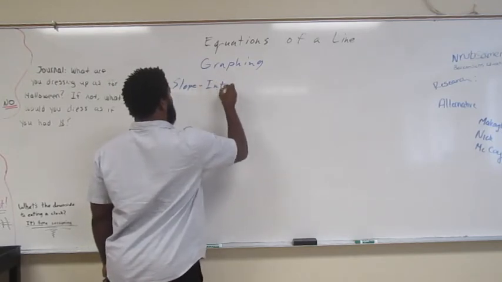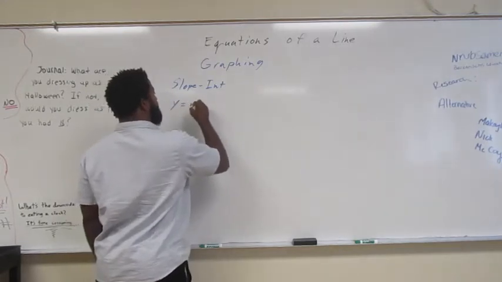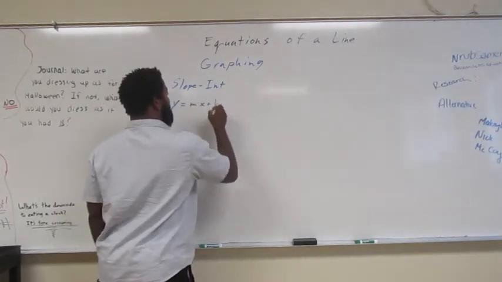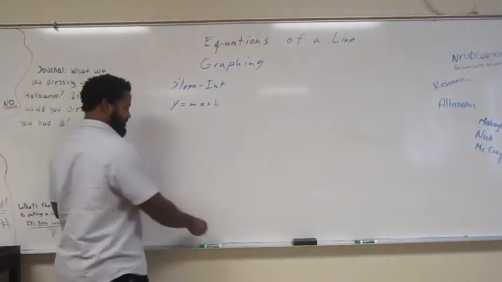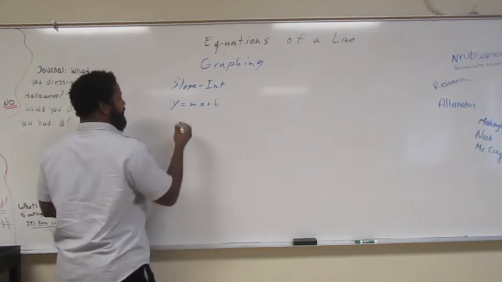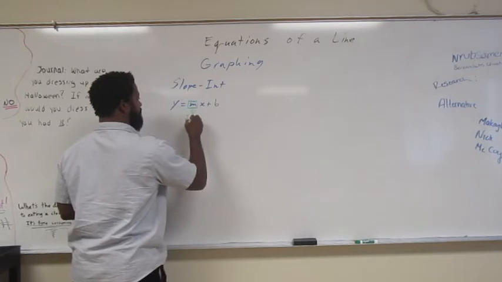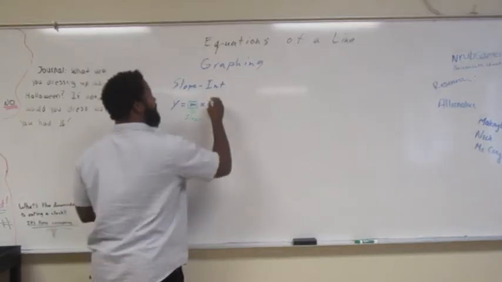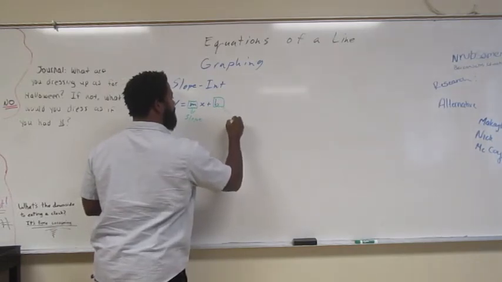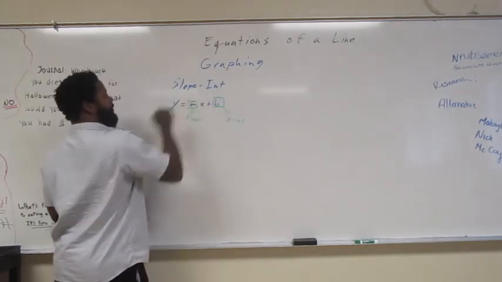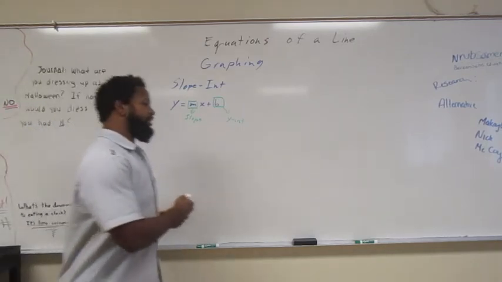Slope-intercept form, okay? Y equal to mx plus b. Now, when dealing with this, just to go over it, you're dealing with your slope, and you're dealing with the y-intercept, okay? Hence the term slope-intercept. So, why is it that we're dealing with these? Well,